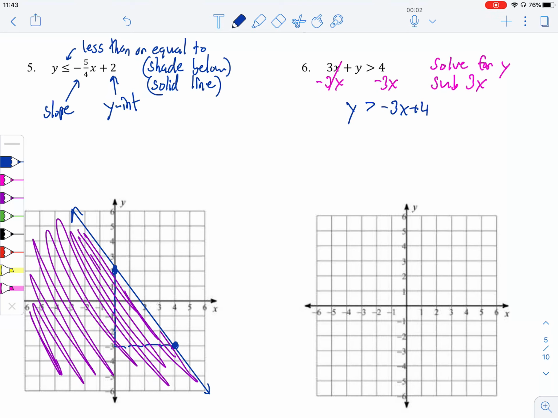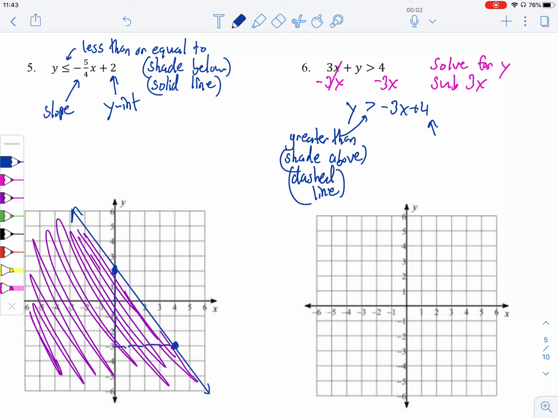And then y doesn't have a coefficient, it's just 1, so we don't have to divide by a number. So now we have our inequality again, and this is greater. So greater than is going to be shade above, and then it doesn't have a line under it, so it's not equal to the line, so it's going to be dashed